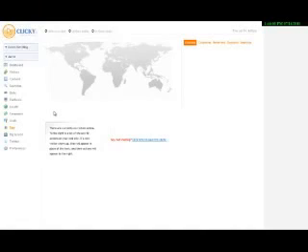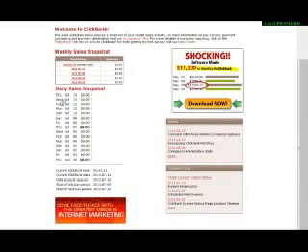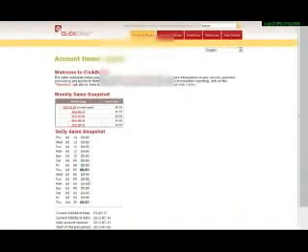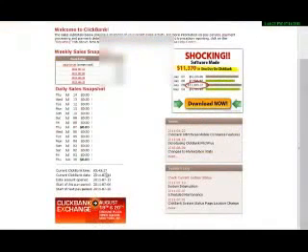Now, I hope you didn't expect to see a whole bunch of visitors coming in already, right? Don't worry. They're going to start trickling in very soon. So let's go ahead and stop here. Let's take a look at the time on our clock. I'm going to stop the recording, and then I'm going to come back and check in an hour, hour and a half, and let's see what we've got.